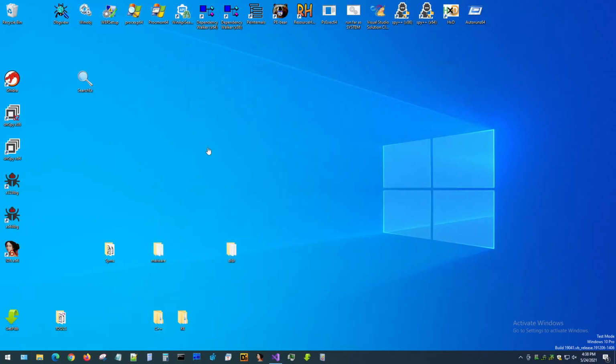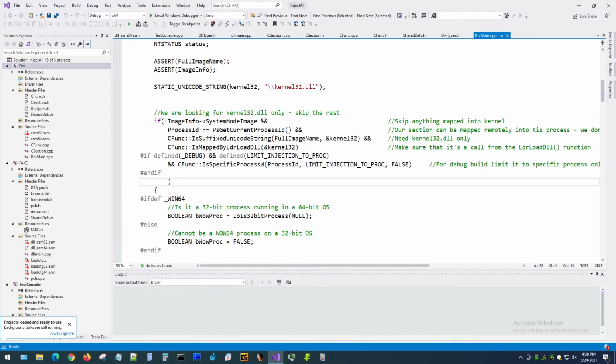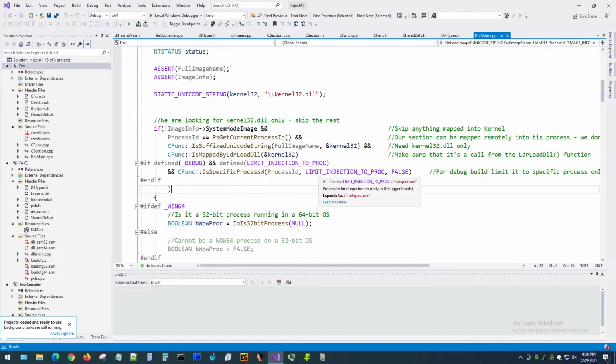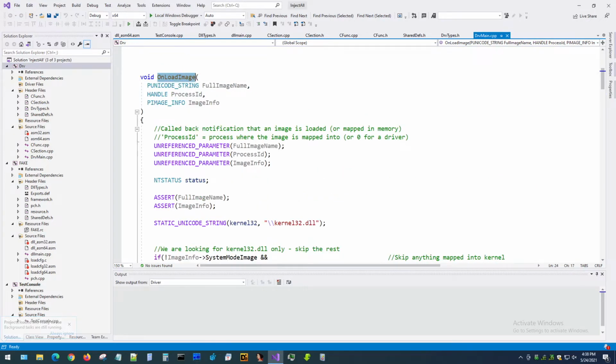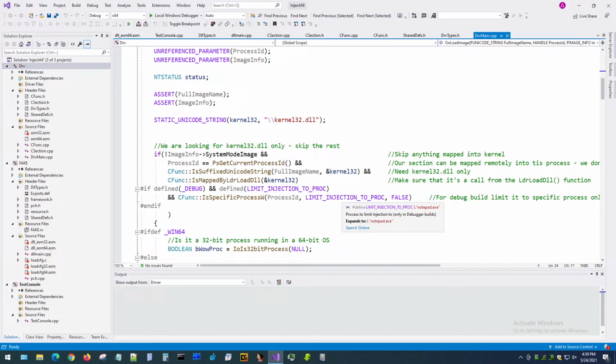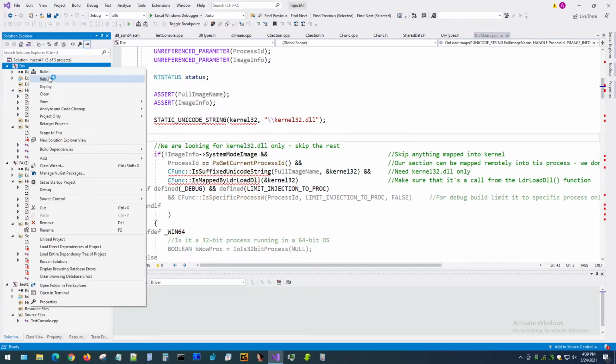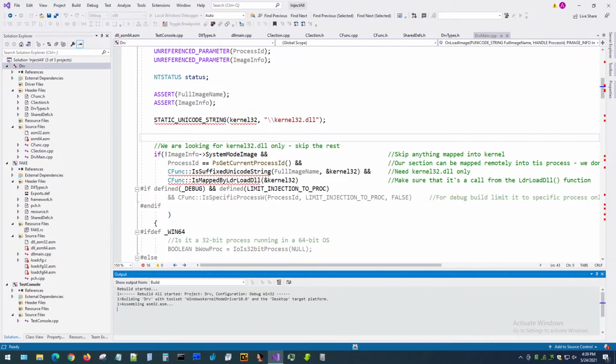Inject all. This is our solution, and if you remember in the last video we actually created a limited build of the driver for the onload image where we injected only into Notepad. Now we did this on a 64-bit operating system, so what I suggest we do before we open it up for all processes without this limitation is that we will test it on a 32-bit system. So for that, let's build our driver. Let's do rebuild,